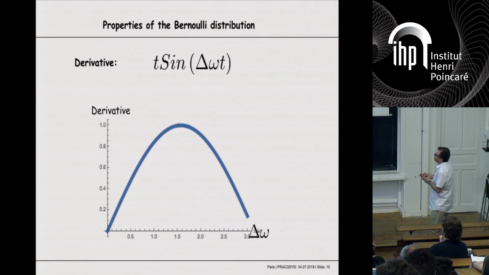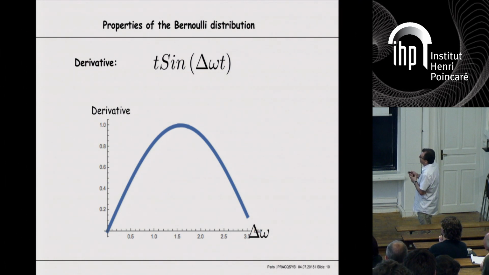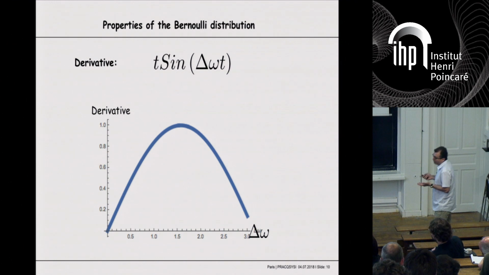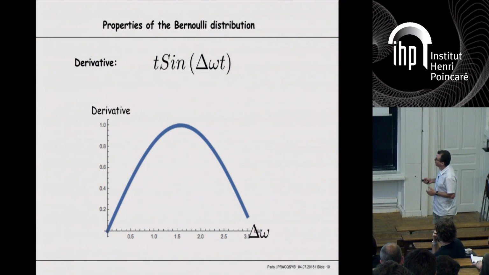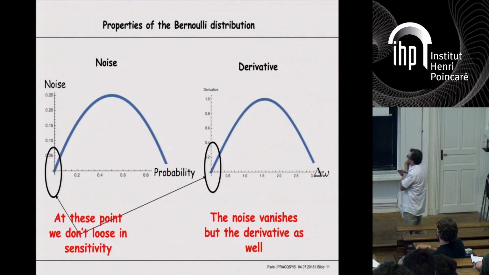The reason for this is that the derivative behaves in the same way. It is true that the noise here is 0, but there's also no information, because the derivative here is 0 as well. The derivative will be something like this, and when we divide the two, we get something which doesn't depend on whether we measure here or here. And because of practical issues of other noises, usually it's actually not so good to measure here. So to summarize,